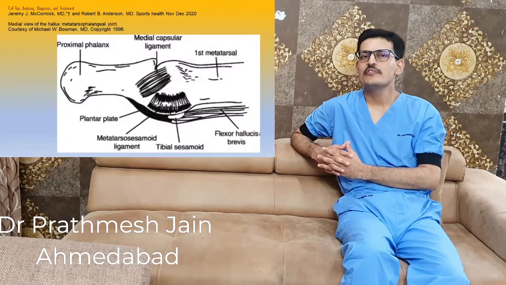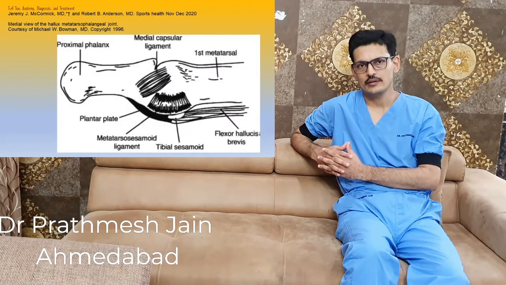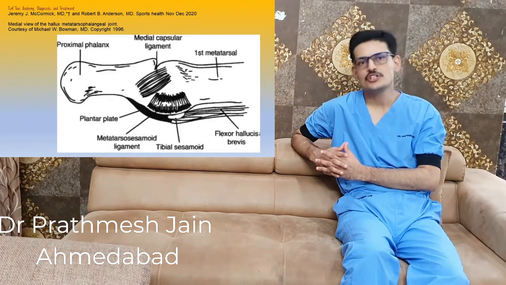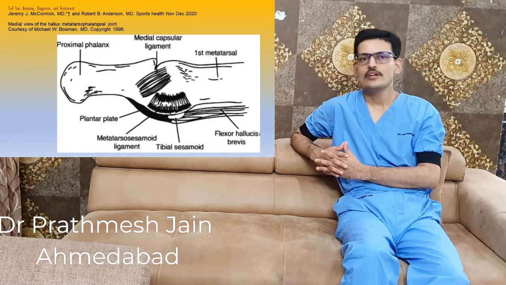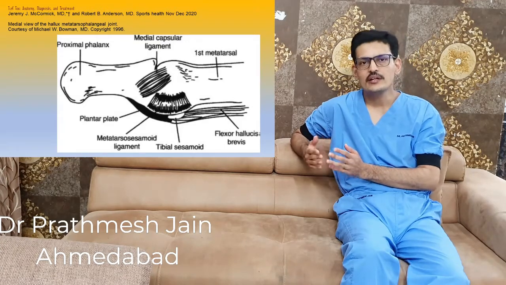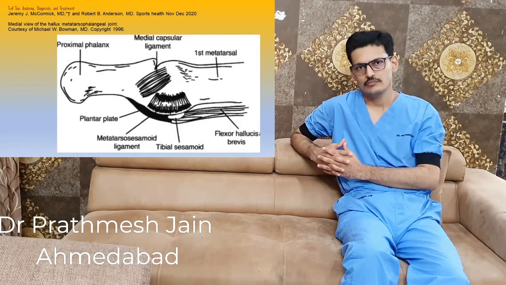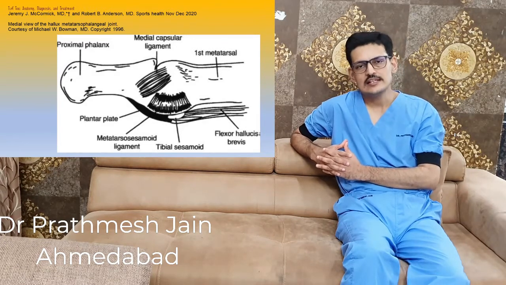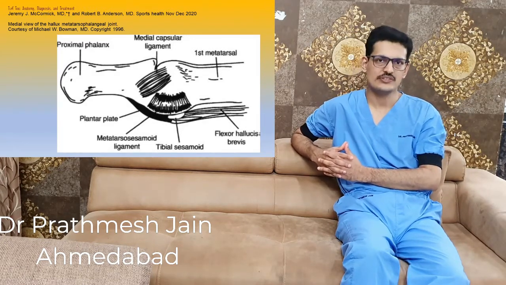This great toe joint, specifically the first MTP joint, is a very crucial joint for weight bearing. The MTP joint usually bears around 40 to 60% of the weight of the body when you are walking, and when you are running, this increases even further. So it becomes a very important joint as far as athletes, sportspersons and players are concerned.